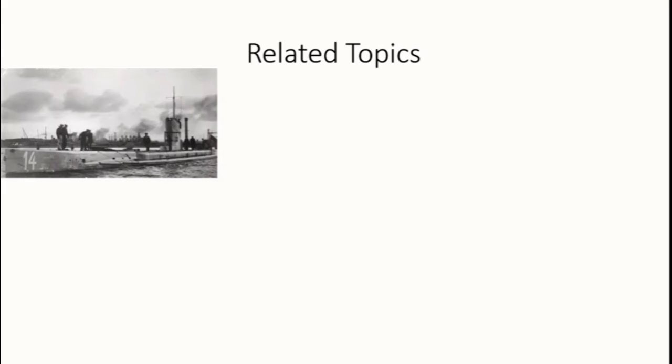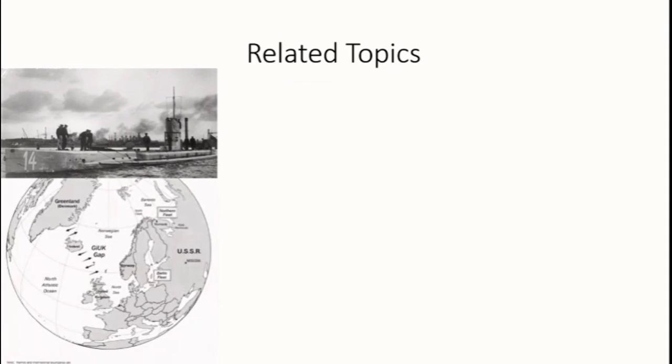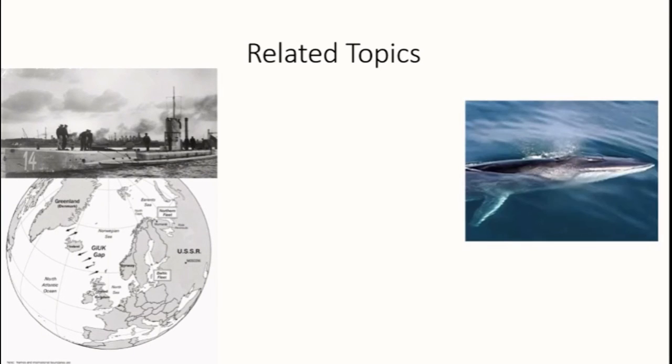So, why is the deep sound channel important? For one, it has implications for the naval arms race and the presence of submarines during the Cold War. During the Cold War, the United States and Britain dedicated most of the defense of the Atlantic in the GIUK gap by placing sound sensors in the deep sound channel to pick up signals of Soviet submarines. This phenomenon also allowed marine animals to communicate over long distances through low-frequency sounds, as mentioned earlier. Many whale species use this channel to communicate across the Earth.